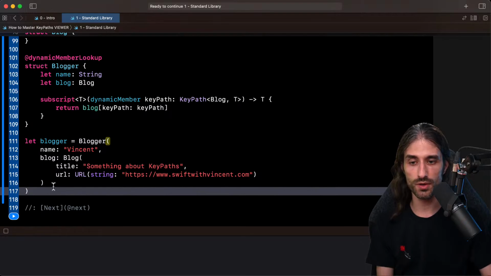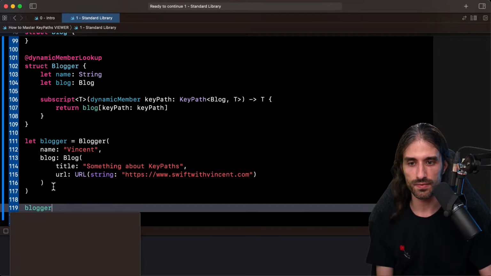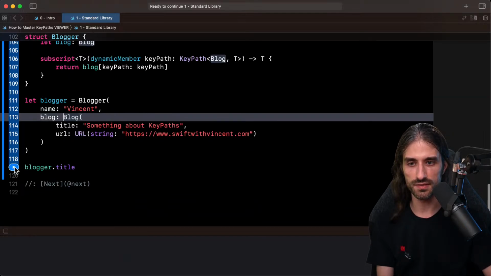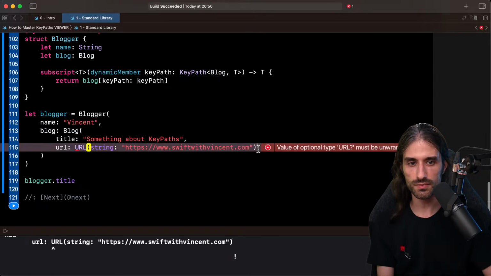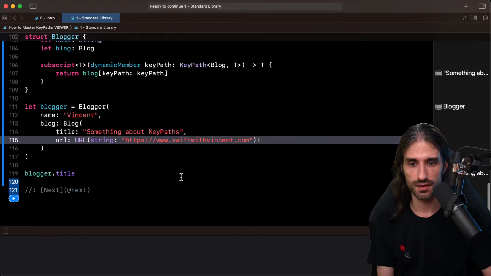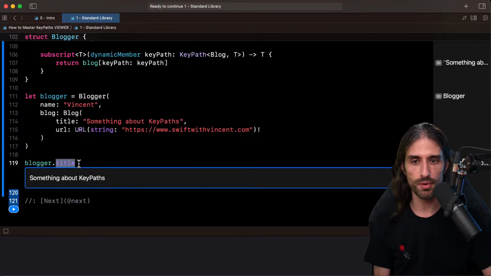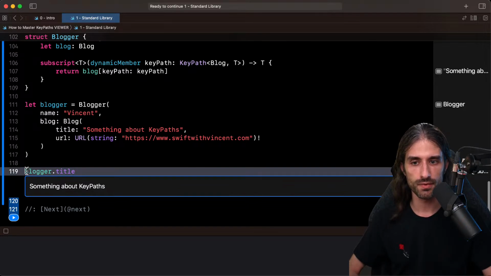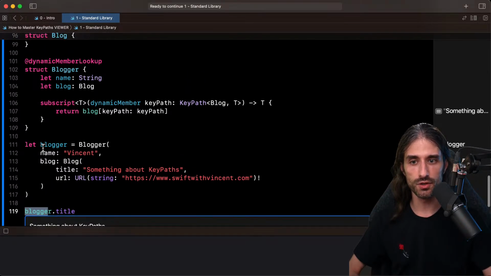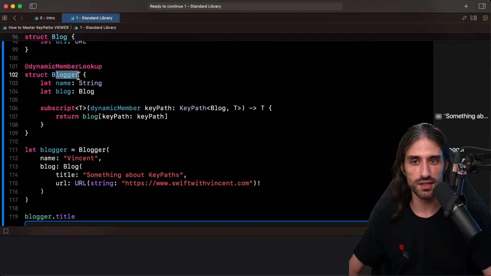And so now what you can do that is pretty cool is that on this object, you can do dot title normally. Let's see if it works. I just need to unwrap this. So you can see it works. I've been able to call the property title on the blogger, even though there is no such property on the blogger.